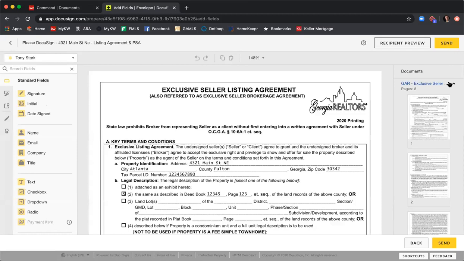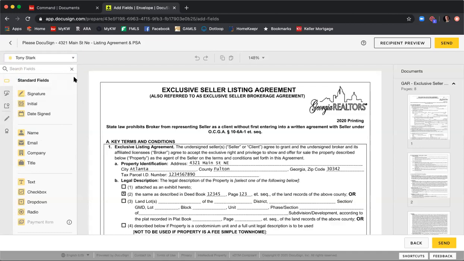So a couple things I want to point out before we jump into doing anything. Up here in the top left-hand corner, you can see where it says Tony Stark and it has a yellow circle next to it. If you click on that, there's a drop down and it's going to show each of the recipients for this envelope and a color associated with them. And if I click on Pepper, you can now see that all these standard fields on the left-hand side are blue. That lets me know that as I'm going through this document, anything that's blue is associated with Pepper, anything that's purple is associated with me, and anything that's yellow is associated with Tony. It's a simple way that you can easily check and make sure that all the signing fields